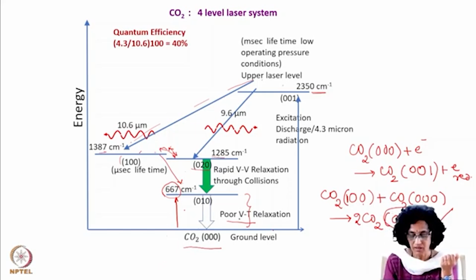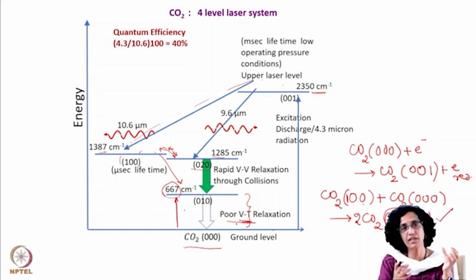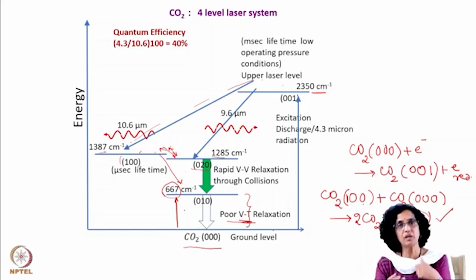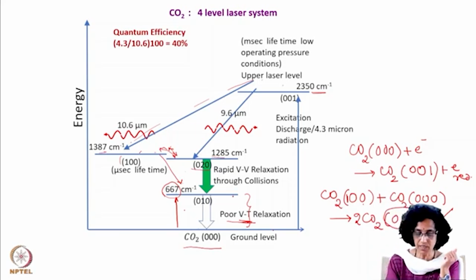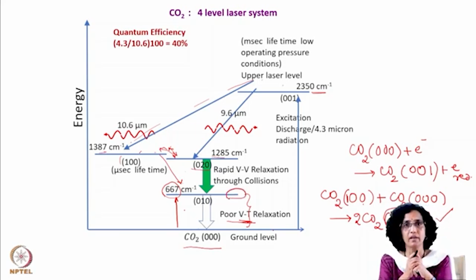And what is this VT relaxation? It has to be converted into kinetic energy of the other molecule, which is bringing down this 010 molecule. So that VT relaxation is poor, and therefore this becomes the bottleneck of